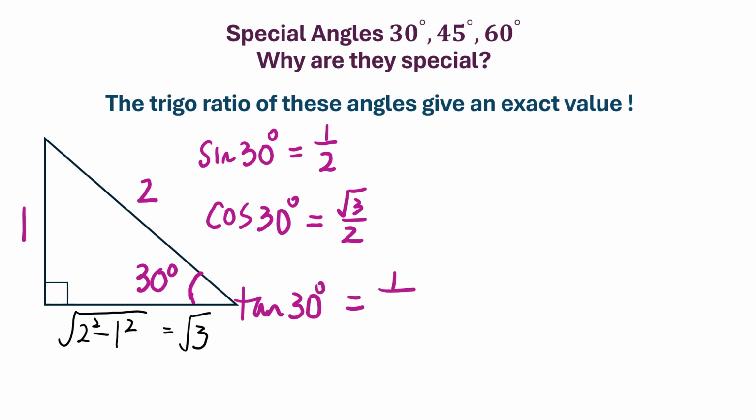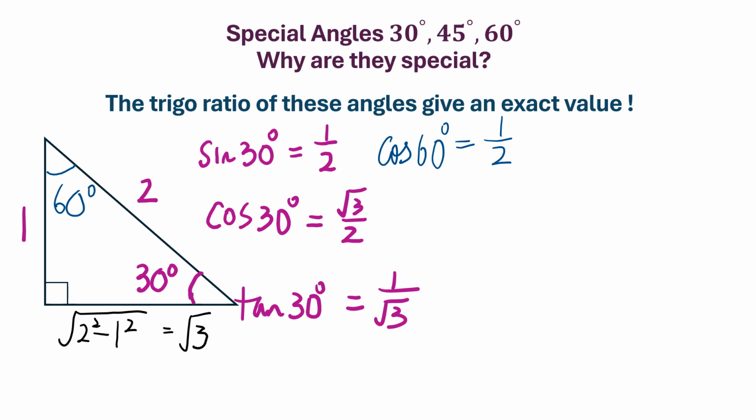And then tangent 30 is 1 over square root 3. From the same diagram, we can also find another angle that is 60 degrees. If you take 180 minus 90 minus 30, you get 60. And from the 60 degrees, we can also find the Trigo ratio for cosine 60 first, which is